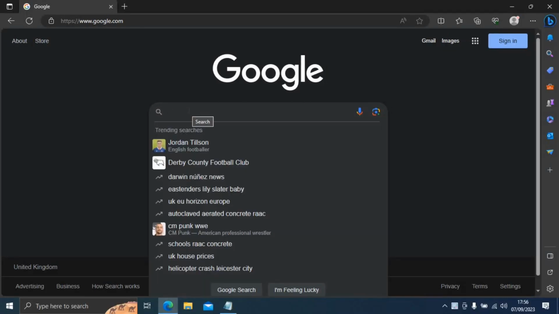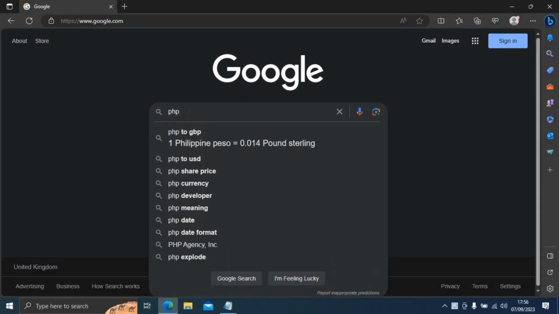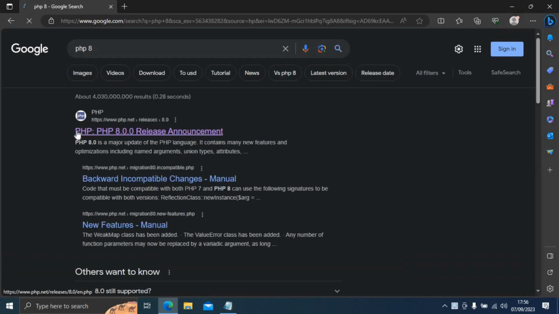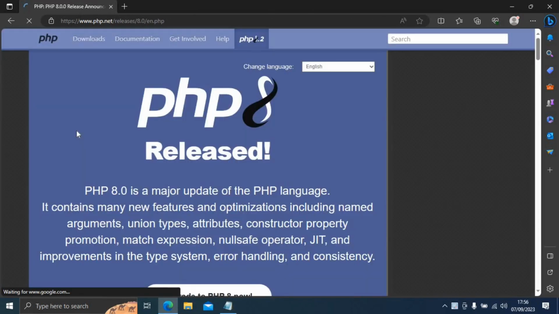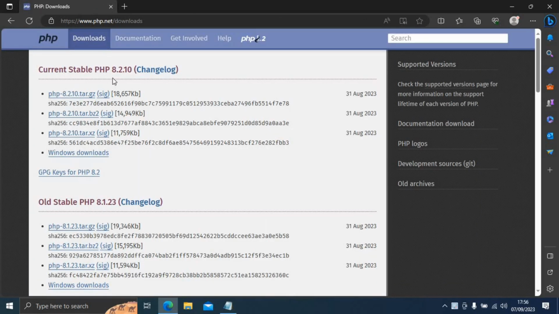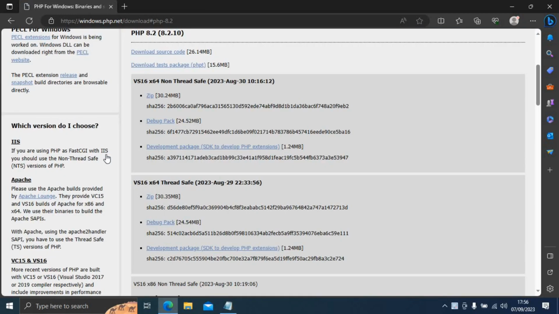Now we are going to install PHP 8 with our previously installed Apache 2.4. I'm looking for PHP 8 on Google, then follow along the first link, click on downloads, and click on Windows downloads as we are using a Windows-based operating system. So click on the Windows downloads,